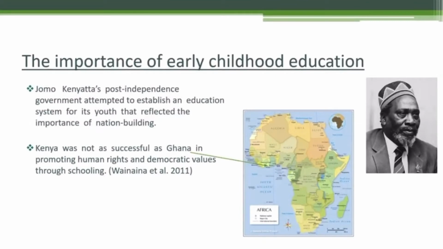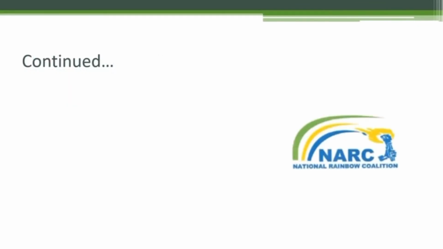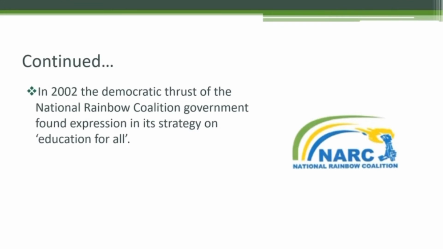In the 1970s, the National Committee on Educational Objectives and Policies changed focus and began to redefine Kenya's ethical values in response to public concern about corruption, nepotism, tribalism and idleness due to the lack of supporting moral and civics education. Furthermore, in 2002, the National Rainbow Coalition government took on the Education for All programme, which outlined that the